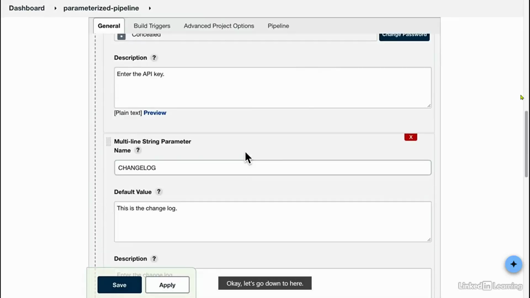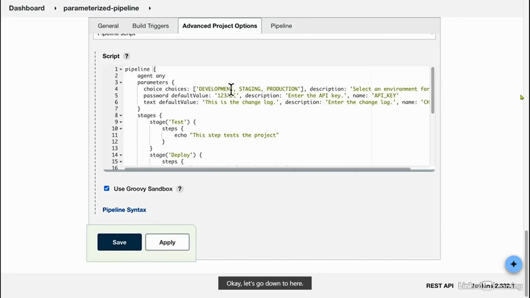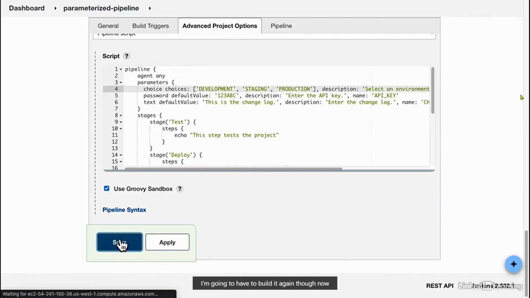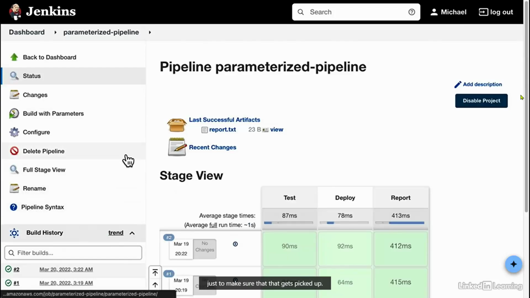Okay, let's go down to here, and for the choices, I know what it is. These are all entered as one long string instead of 3 separate strings. So by placing my single quotes on either side of the commas, I can fix that problem. So let's save this. I'm going to have to build it again though now, just to make sure that that